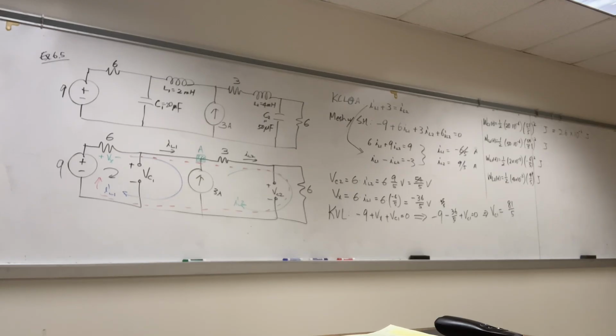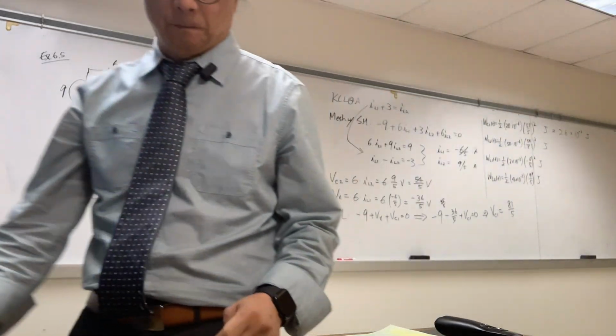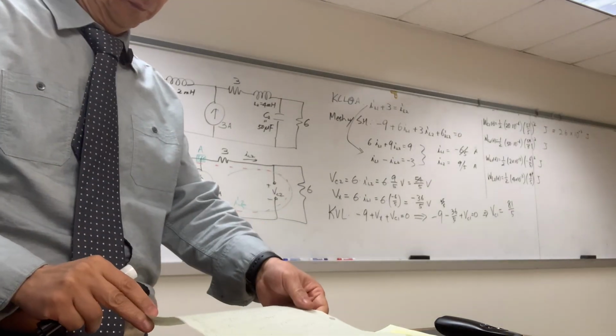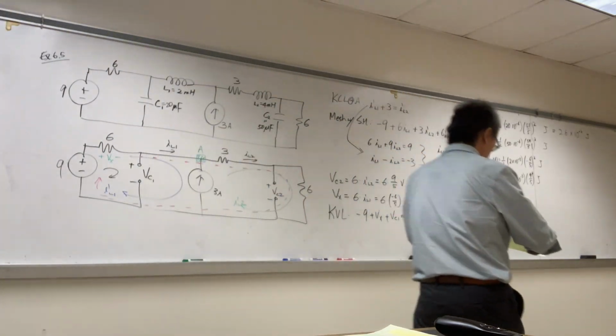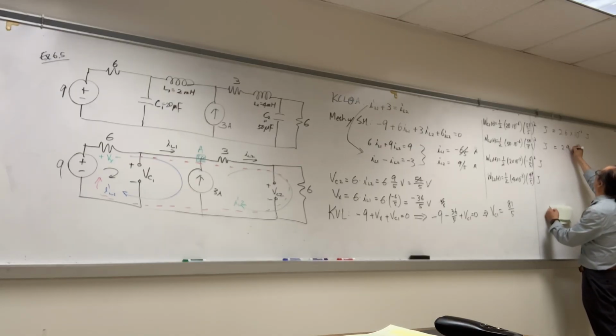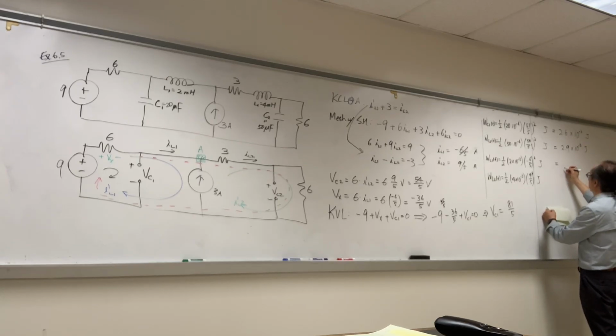WC2, right? So when I have the answer, this is 2.9 times 10 to the negative 3 joule, and WL1, 1.4 millijoule, and WL2, 6.5